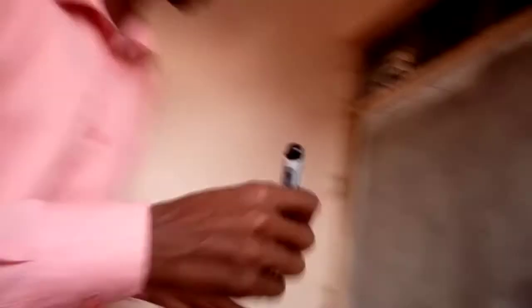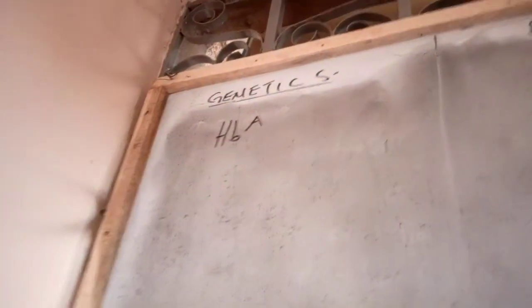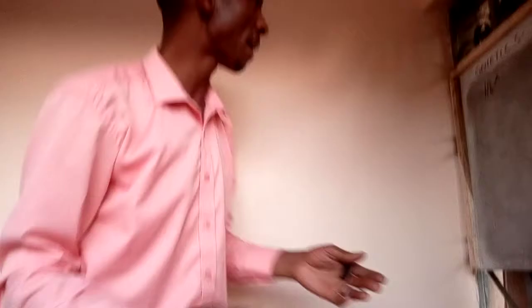The red blood cell contains a protein called hemoglobin. For the normal individual, the normal hemoglobin is denoted by the symbol HbA, and that is the normal shape. The hemoglobin that leads to sickle cell anemia is called defective hemoglobin.